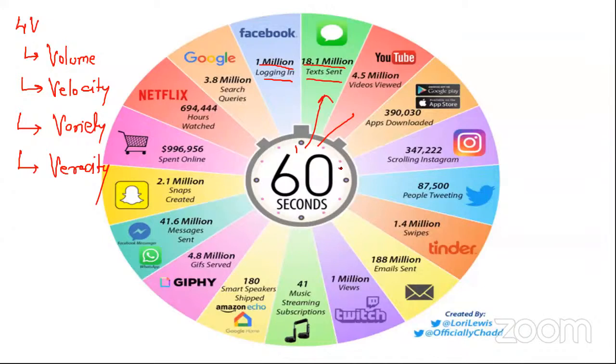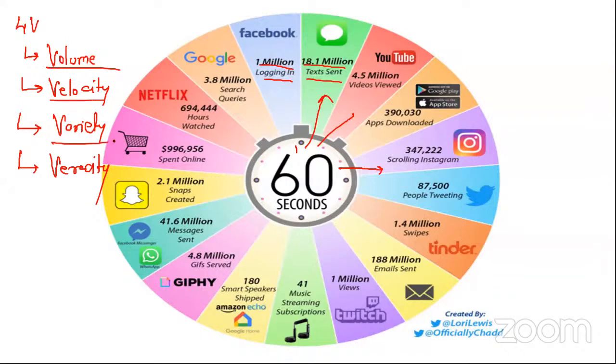On Instagram, 3,47,222 posts are getting scrolled in a single minute. On Twitter, 87,500 tweets in a single minute. So if you analyze this, it is in itself sufficient to tell the amount of data that we are generating. Now, as I said, volume is the amount, velocity is the speed at which we are generating,